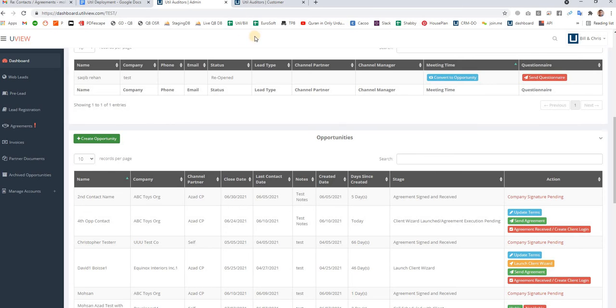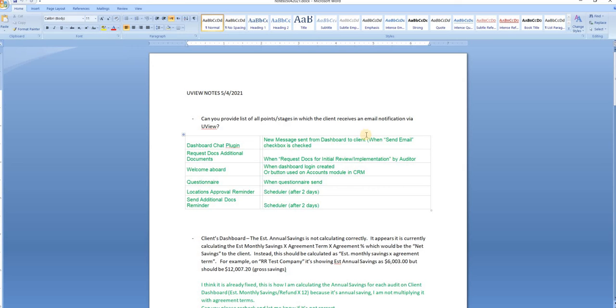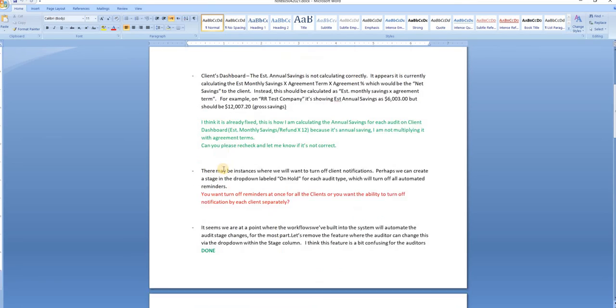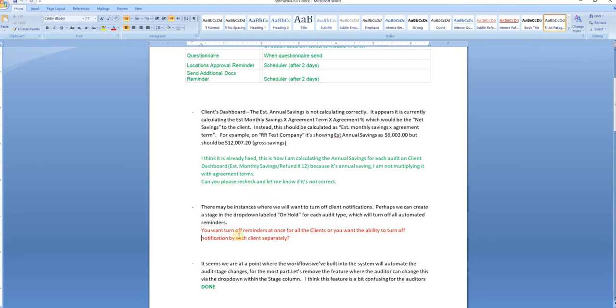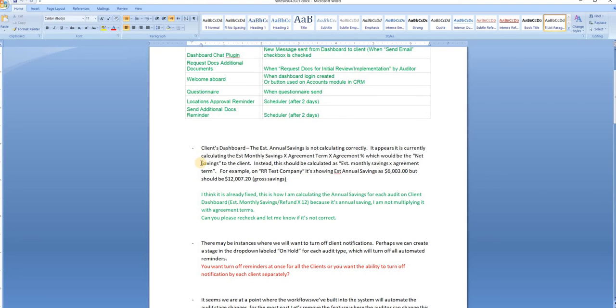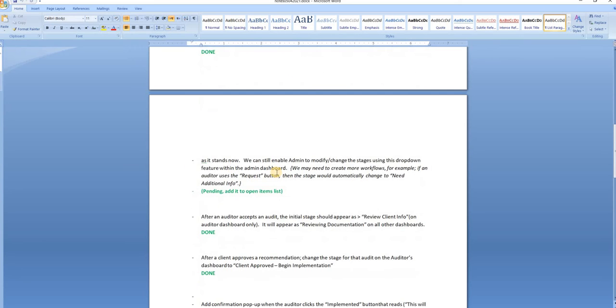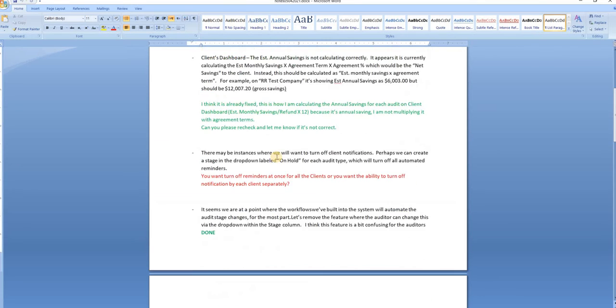About these notes, I have added my answers or feedback in green color, and for some of the notes I have questions, which I have written in red color. Please provide feedback for these questions and also review these notes. Many of them I have completed, and only a few are pending.